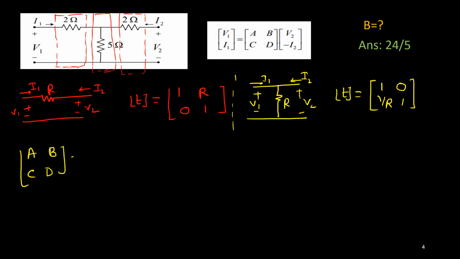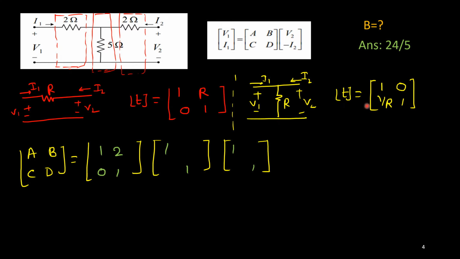so we can consider these 3 ABCD matrices. The first one is for this 2 ohm, so here it will be 2. All the diagonal entries are 1, 1, because each is either a series resistance or a resistance connected in parallel. So the first one is 2, then 0, and for the second one, here it is 5, so it is 1 upon 5. This is 1 upon 5, and this is 0, and next again it is 2, so 2 will be here,